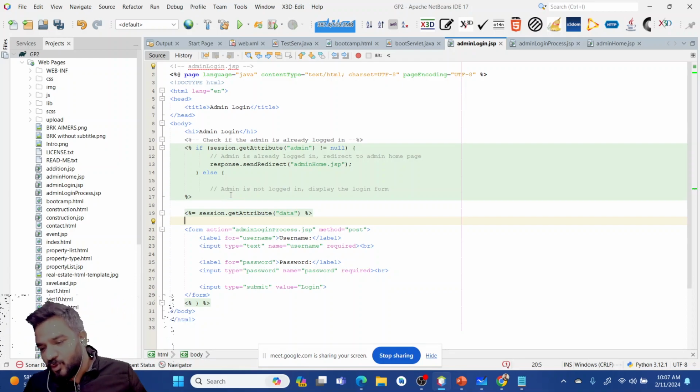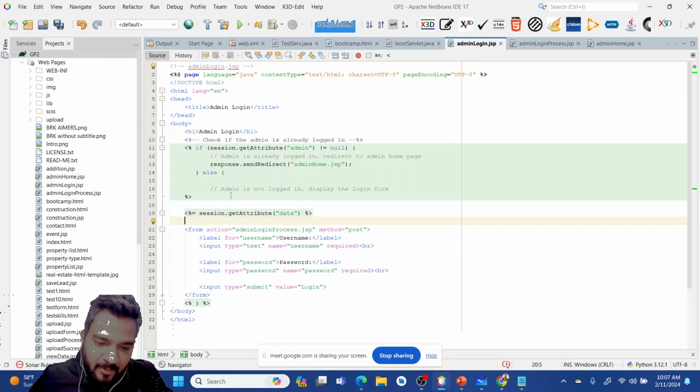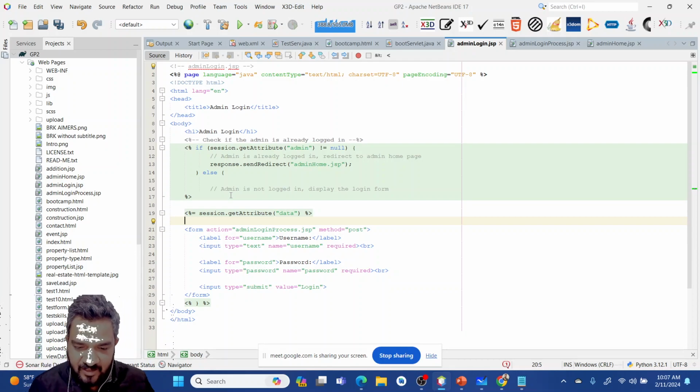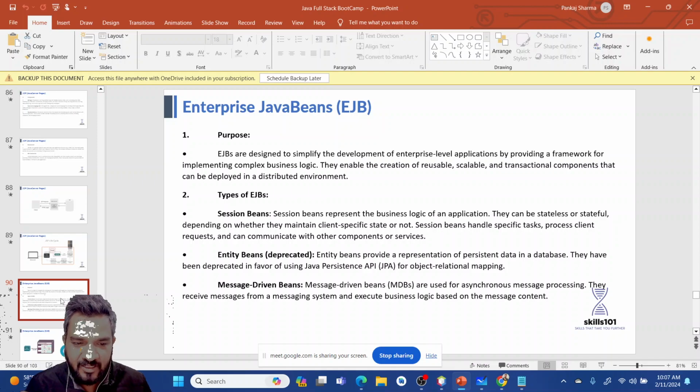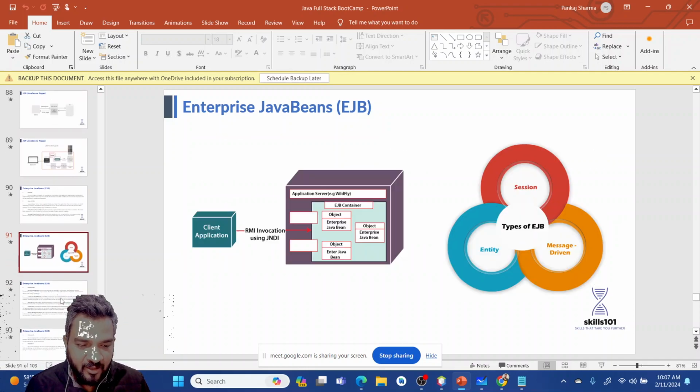So if you want to create a full-fledged web application in advanced Java, servlet and JSP are the two basic things. After JSP, after mastering JSP, there will be EJB, that is Enterprise Java Beans. Again, beans are used to create coffee. In the same way, these beans will create some programming, that is session beans, entity beans, and message driven beans. So beans are like your logical codes that you can use to create some specific actions.